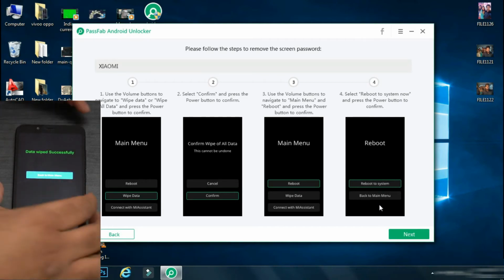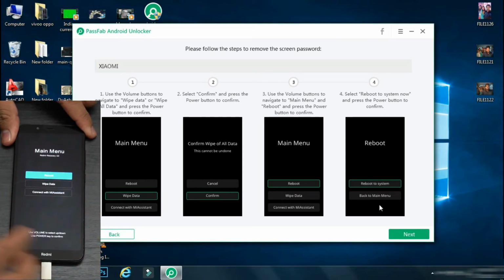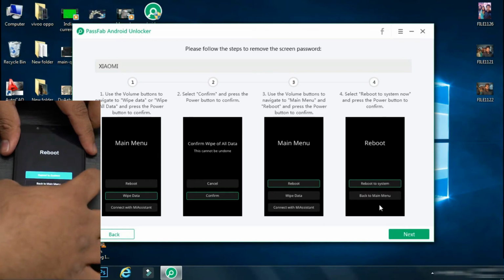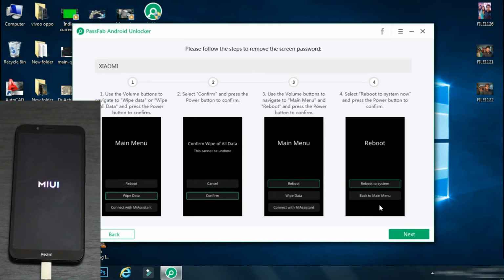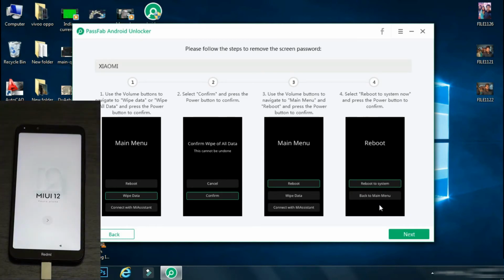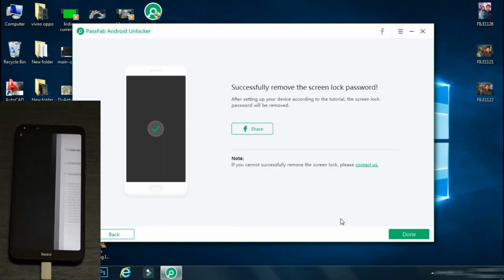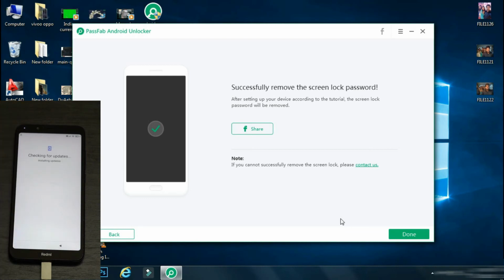Once the process is complete, go back to the main menu and reboot your phone. It may take some time as it is the first boot. So now your phone is back to factory settings as it was bought new. Now you just need to set up your device by the regular method, and if you have backed up your device earlier on the cloud, you can restore it once your phone has started. So you will not lose any important data.